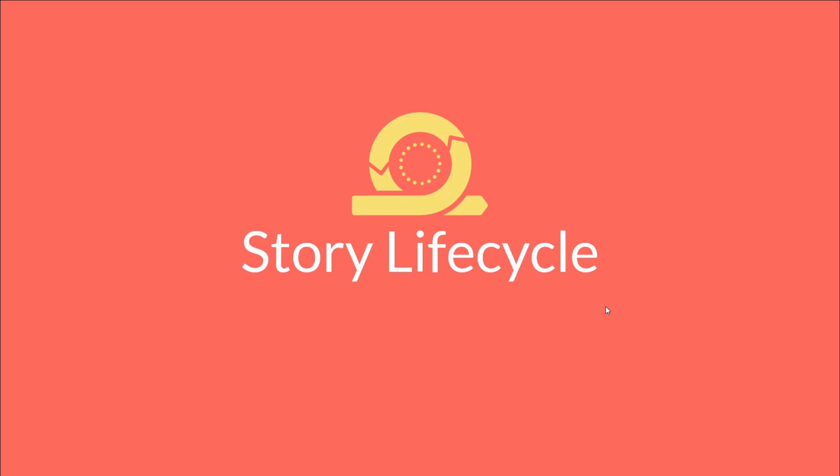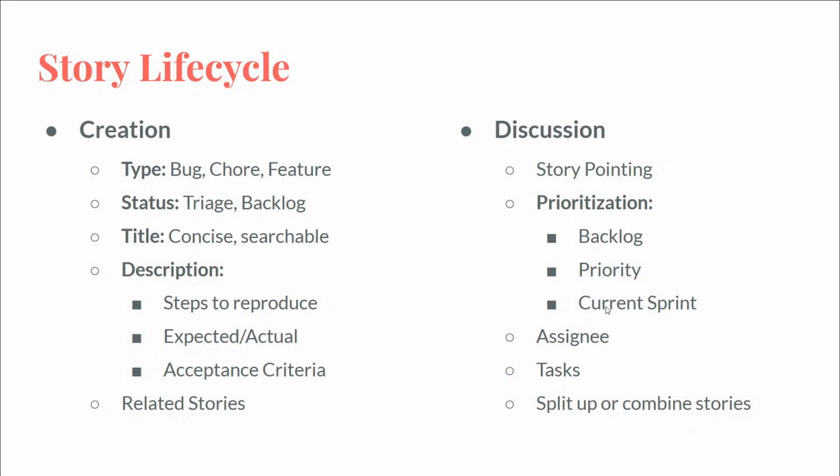Okay, story lifecycle. I really love that little icon there, that little loopy loop with little dots inside of it. That's a simplified image that you will sometimes see for agile graphs to represent an iteration. Okay, story lifecycle. This is, I think, the last big slide to go over.